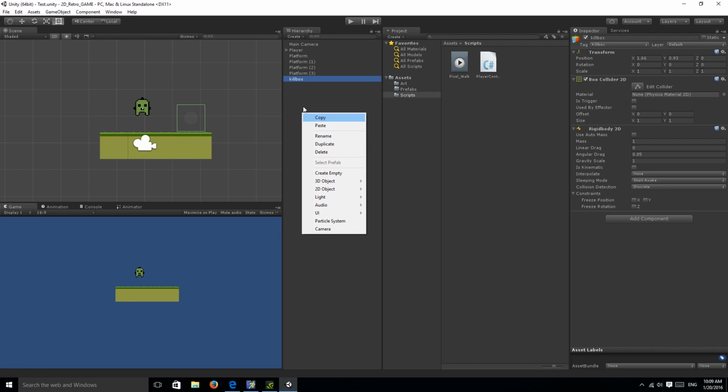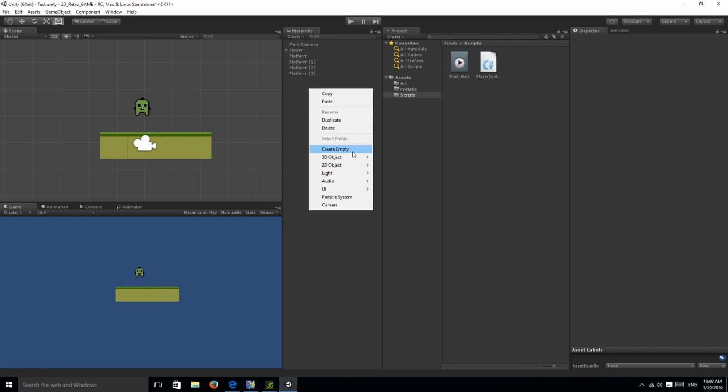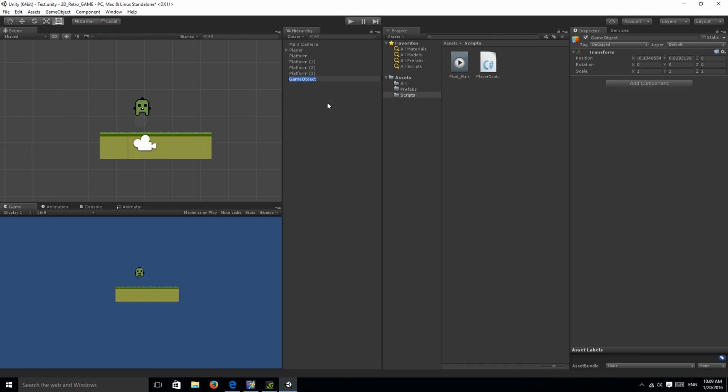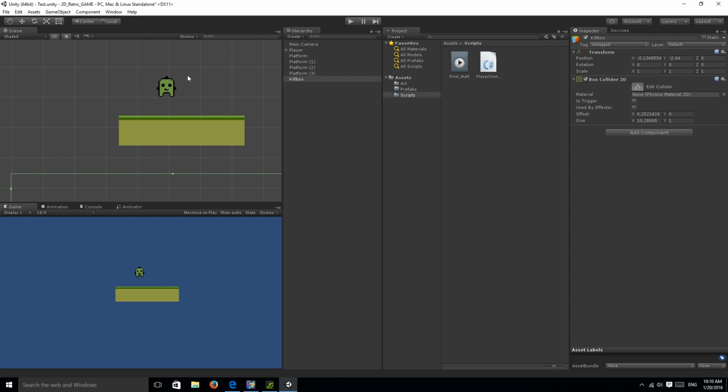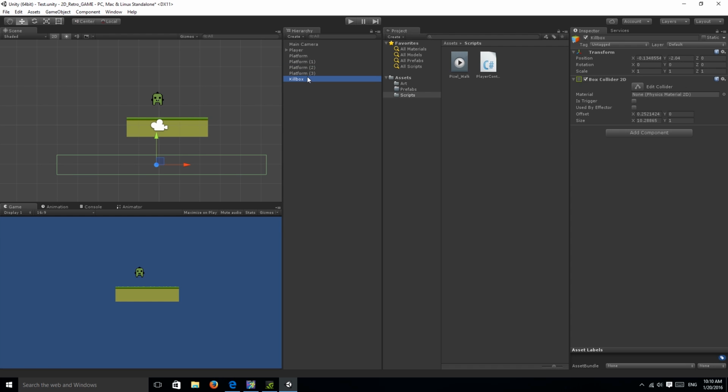All you have to do is right click. For tutorial's sake, I'm just gonna delete this. All you have to do is create empty, and rename this kill box. This is going to be an object that will be below our player. So we're gonna make a box collider 2D, go to edit collider, and just move this out. The reason I'm putting this there is for tutorial's sake. I'm gonna teach you guys how to destroy your character or respawn your character if it hits a